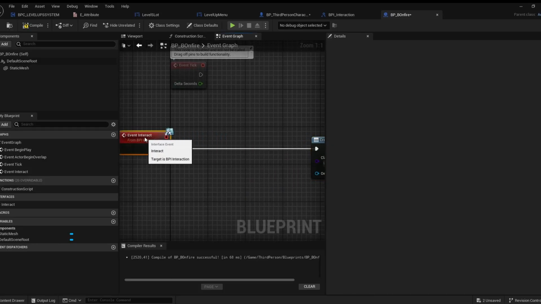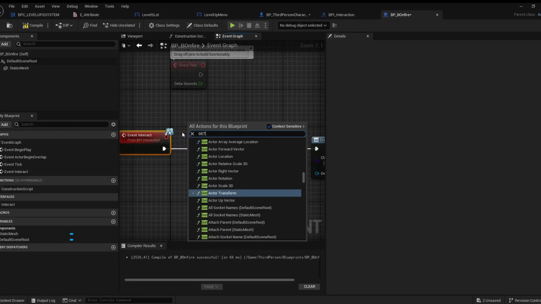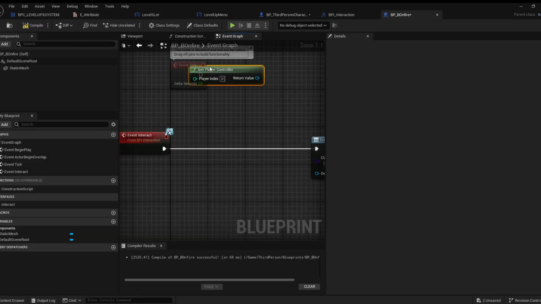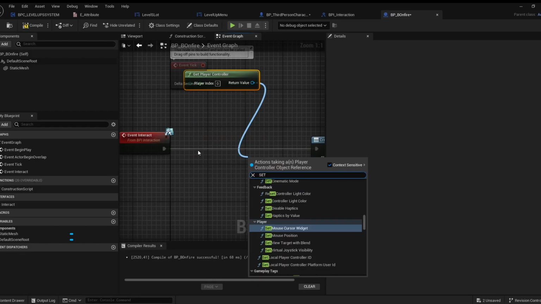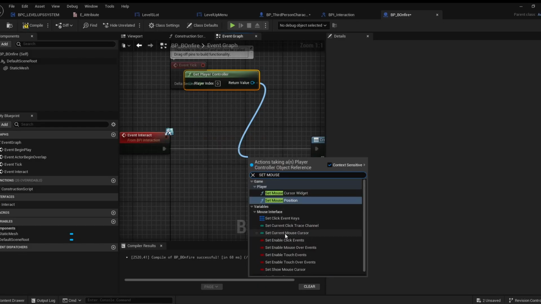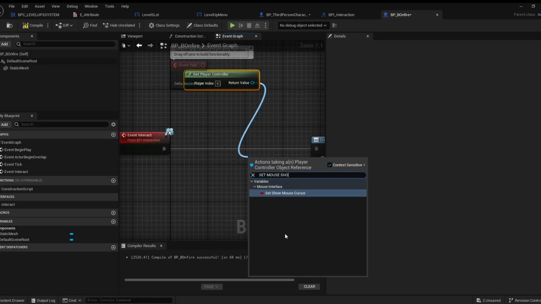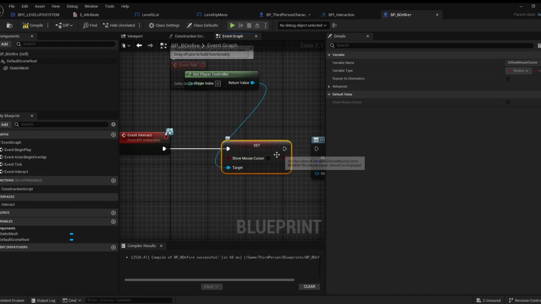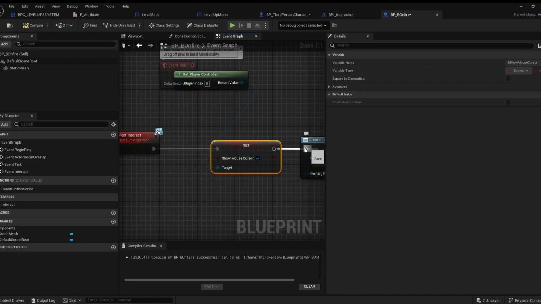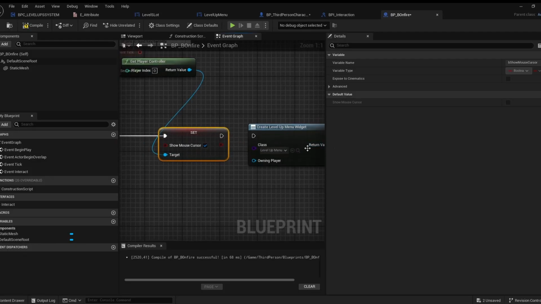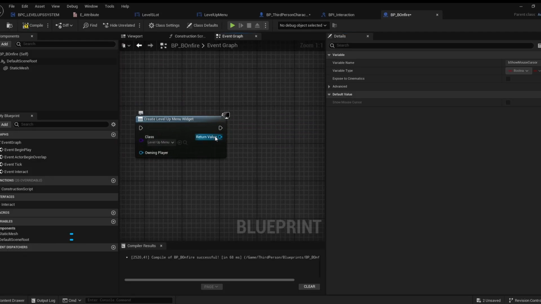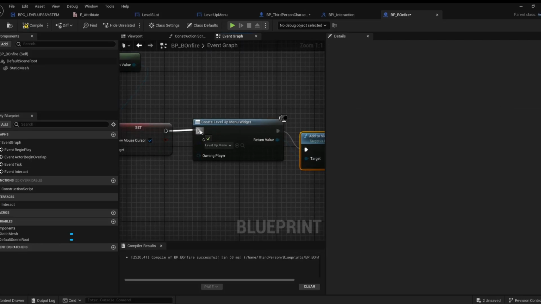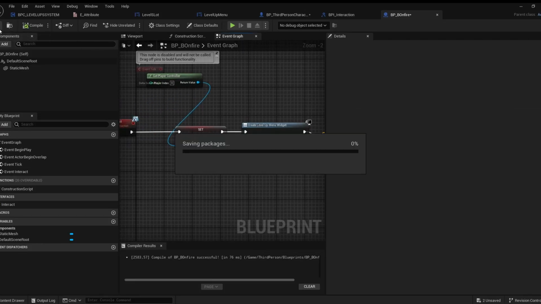And before that we want to get player controller, set the mouse cursor visible, set show mouse cursor true, and then we want to add this widget into the viewport. So from return value add to viewport. Compile and save,